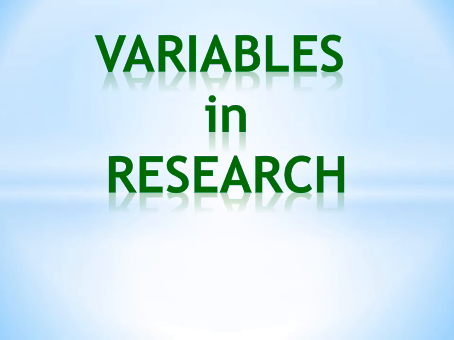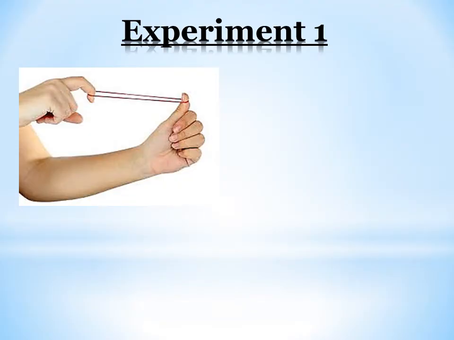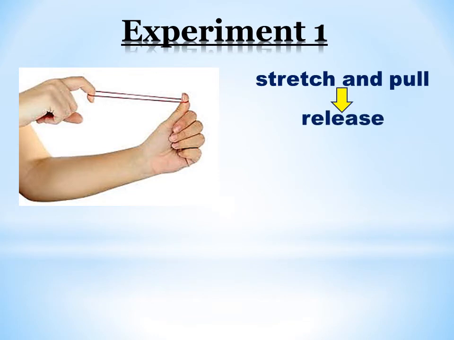Good morning, class. So we have just discussed the scientific method, and one of the essential steps in it is the experimentation. Let's perform a simple experiment. Get a rubber band or any elastic string. I want you to pull one end of the rubber band as seen in the figure. Be careful that it won't break. Then release the band. Take note of the distance traveled by the band,